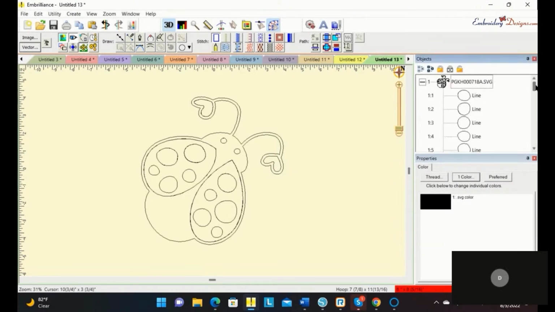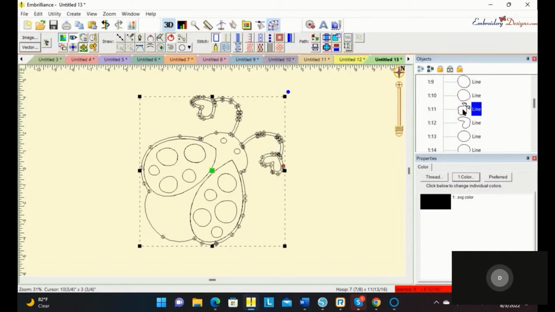Let's look at the parts we have on this ladybug. See the ladybug? Remember I told you to delete overlapping stitches? Well, I don't mind part of the ladybug stitching, or I don't mind the ladybug dots stitching on top, but I don't necessarily want the wing stitching on